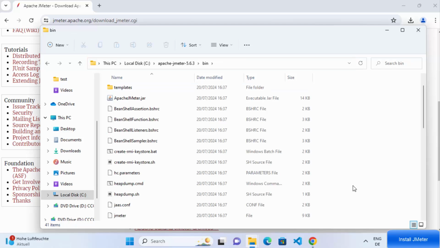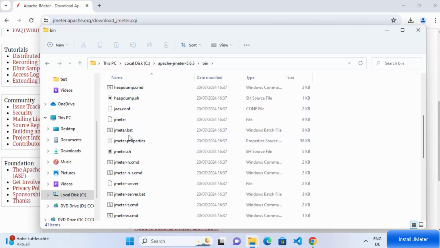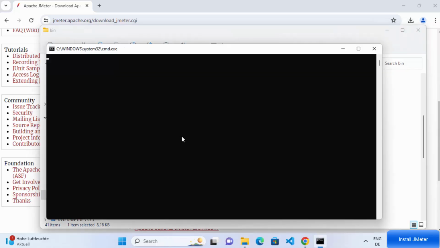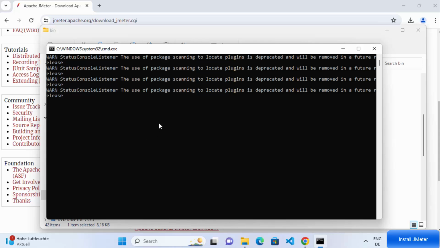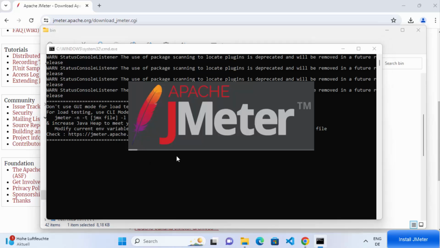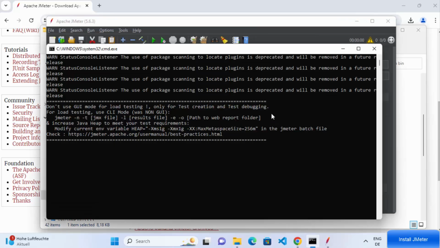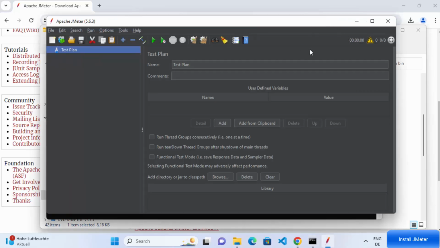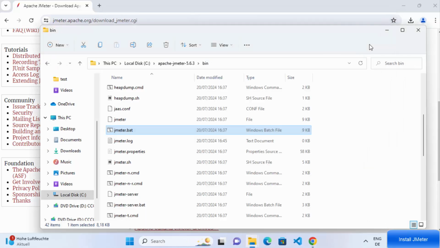So there are two ways in which you can run JMeter. So you need to go inside this bin folder in this Apache JMeter and then click on the jmeter.bat file. So I'm going to click on this jmeter.bat file, which is going to run this batch script, and in turn it's going to launch the Apache JMeter. You can see the Apache JMeter is launched now on my Windows operating system. The second way is, let me close this JMeter application. You can open your terminal.